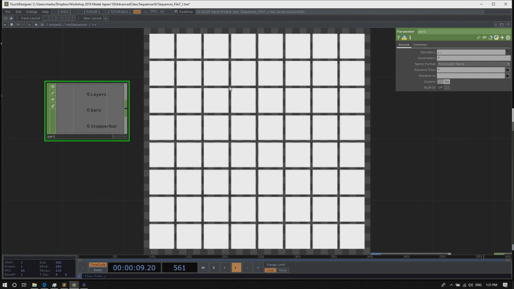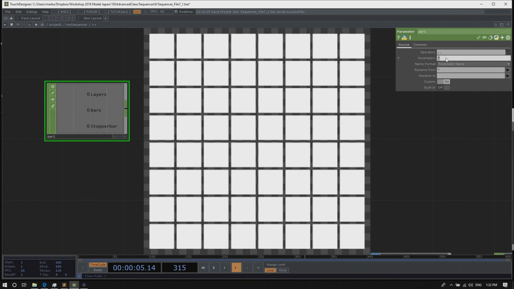By default, we already get those parameters in. It's looking at its parent; the operator's field shows two dots, which refers to the parent component. Below that is a star, so it's looking for all parameters, but by default the custom toggle is on, so only the custom parameters are coming in. We could make sure that it only selects the parameters we want right now, which might be a good idea.